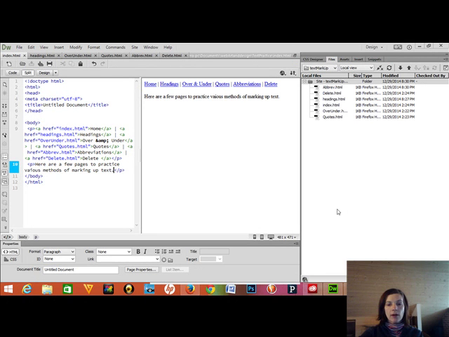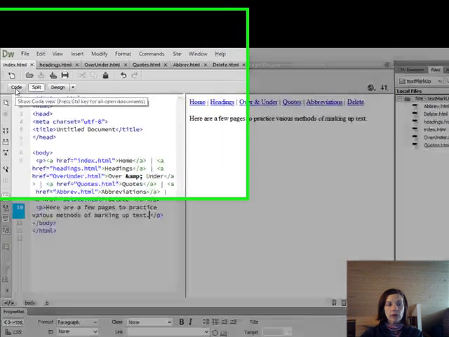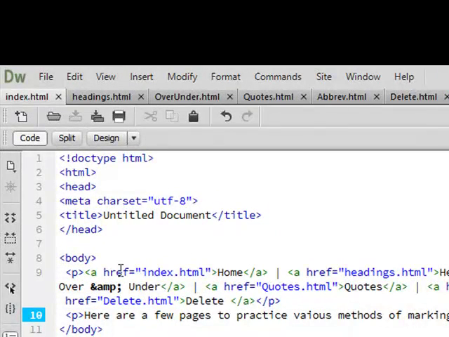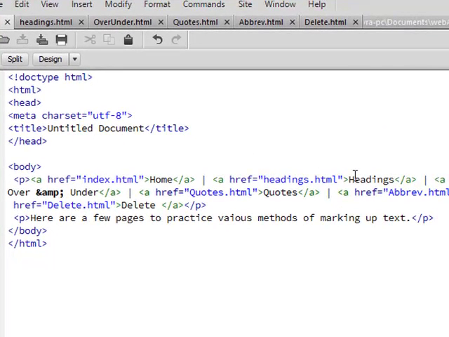So coming back now, I have my pages set up so you don't have to watch me type everything in. I'm here on the index page, and I just added a little bit of text. If I switch over to the code view to review, here's the actual word, home, that you're going to see on the page. Headings, and just to review what happens once I make text into a link, it gets wrapped in the A tag. So here's my starting A tag, goes all the way to right here,